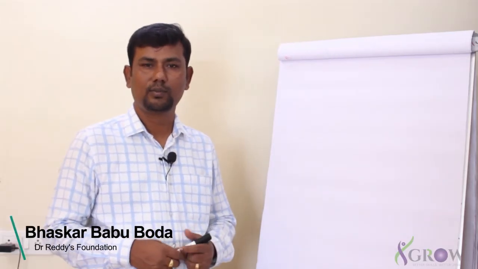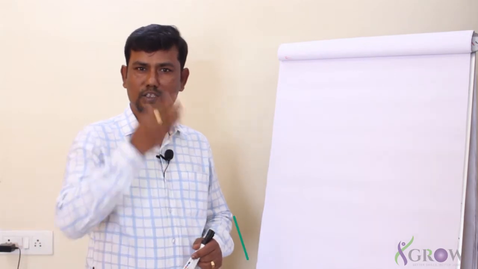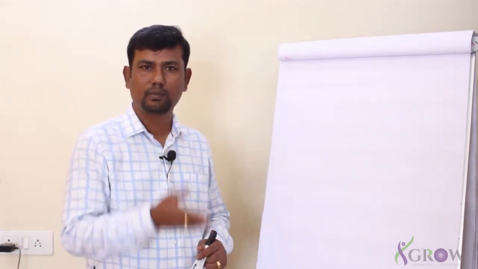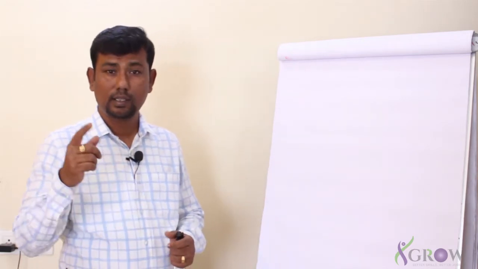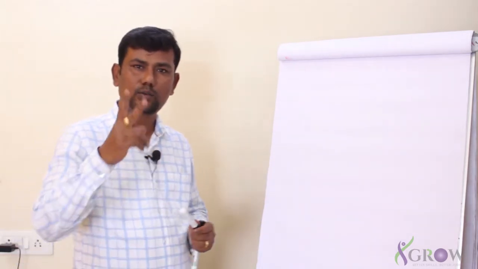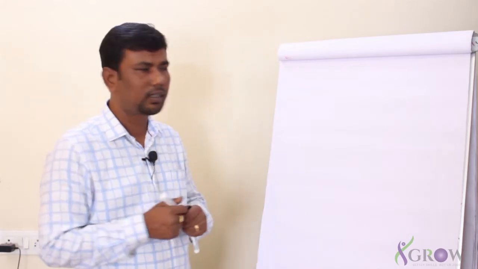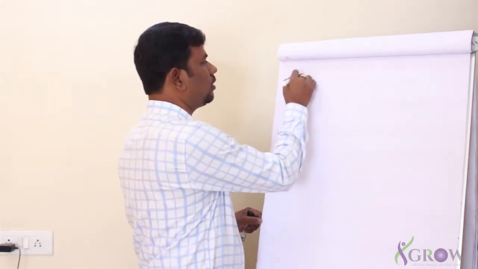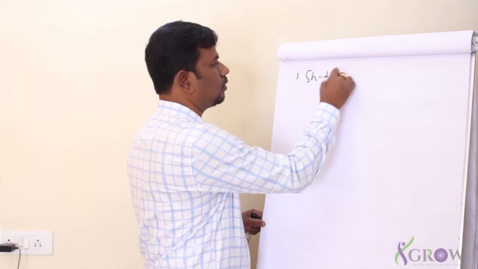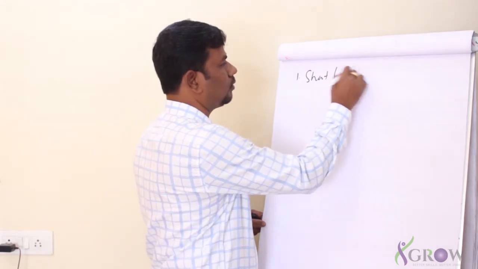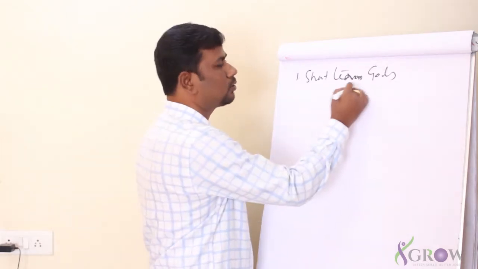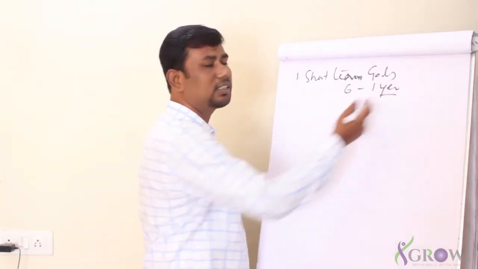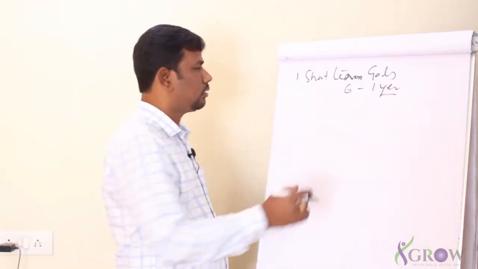Welcome back, guys. We have learned how to set goals, the SMART framework, right? And we have understood the proper way of defining goals as well, right? Now let's understand there are two types of goals. Goals can be divided into two. Number one is short-term goals. Short-term goals, which means probably 6 months to 1 year, based on the amount of project that is available.